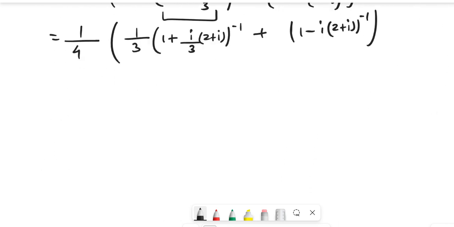Our standard series, that is 1 over 4, 1 over 3, that is 1 plus z inverse, that is